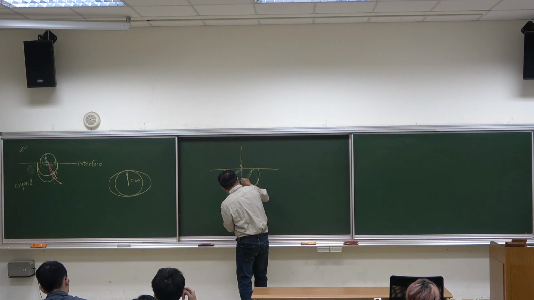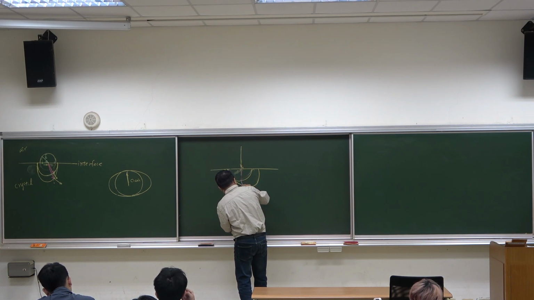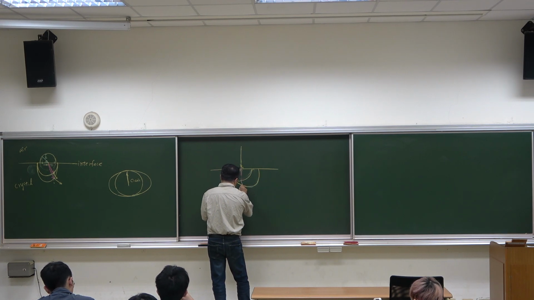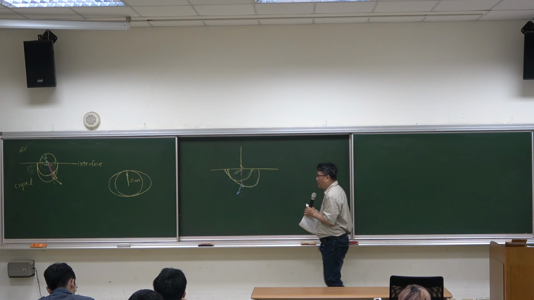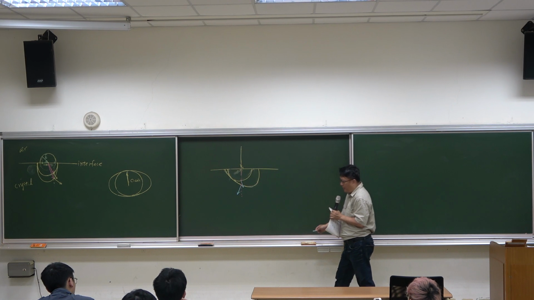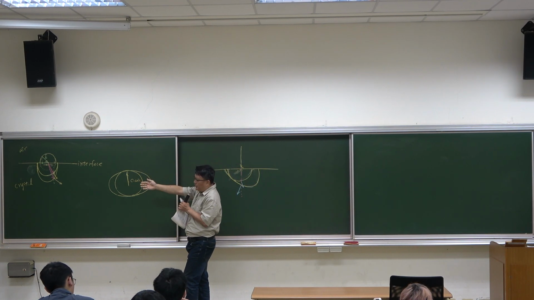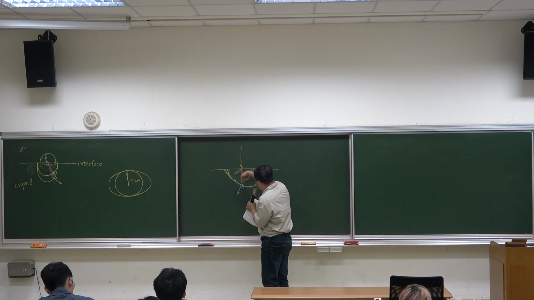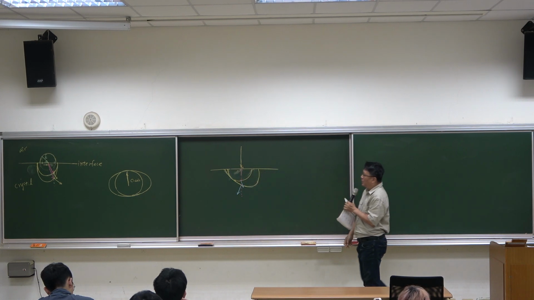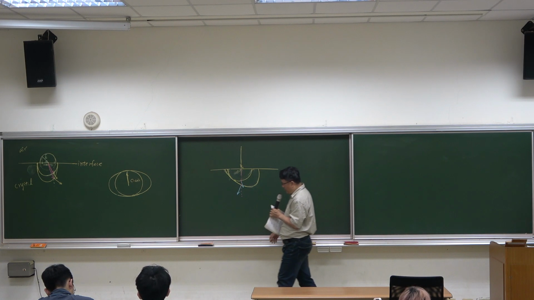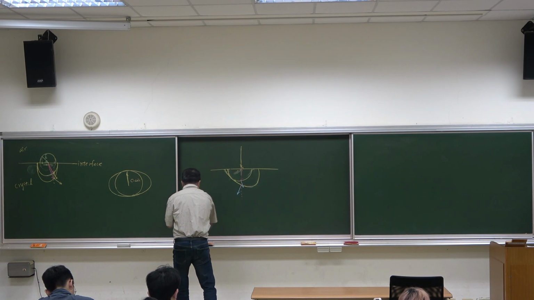Then the direction normal to the sphere is along this direction. And the direction normal to the outer shell, the ellipsoid, is along this direction. Okay? So I can have one incident, normal incident beam corresponding to two possible refractive beams. Okay,